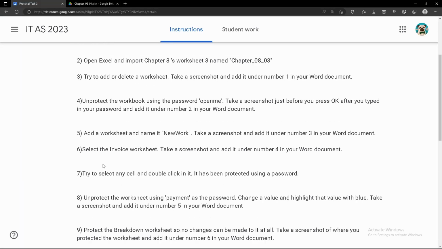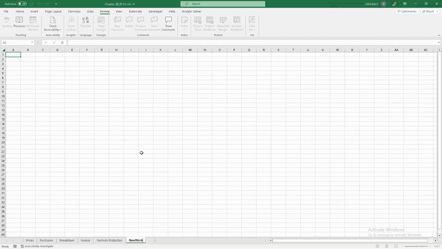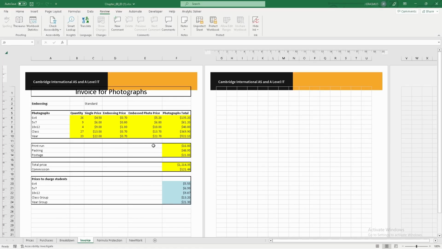Okay, then select the invoice worksheet. I'm just going to highlight this so that I know where I am. Select the invoice worksheet and take a screenshot under number 4. So invoice worksheet, Windows key, Shift S,